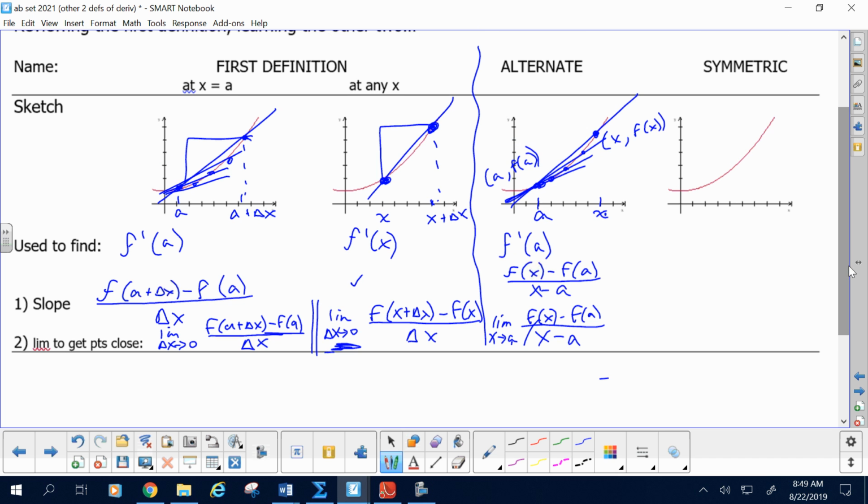All right, that's alternate. Last but not least, I should be changing colors here because it looks cool. All right, so symmetric. Now, symmetric is kind of kooky, but the idea is, say you wanted the derivative at some point a. Now, all these guys actually use the point you wanted the derivative at, which makes sense. Derivative at a is a. But symmetric doesn't even use that. It says in a symmetric way, so same on both sides, I'm going to take a point a little above. Now this little above goes back to that idea. This is a plus a little above.